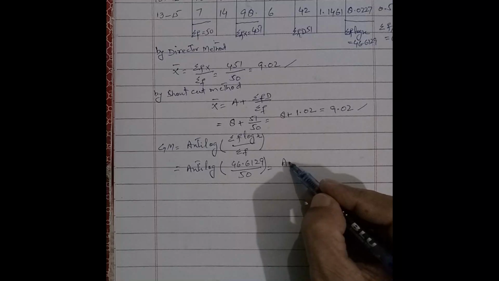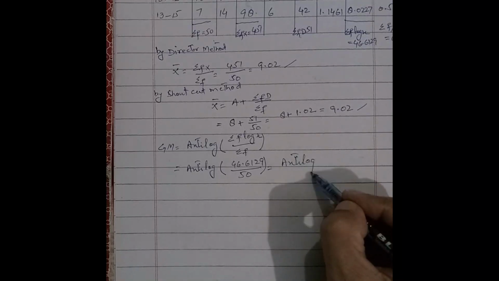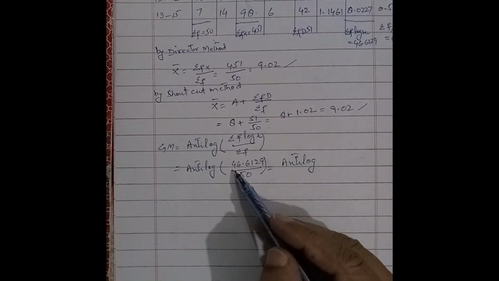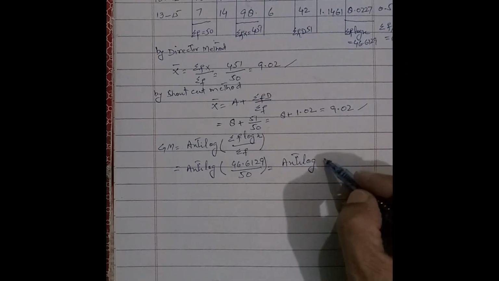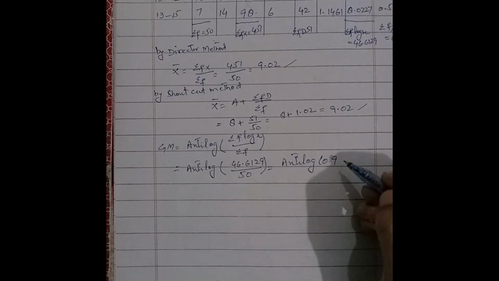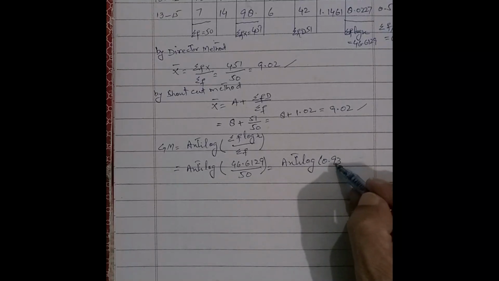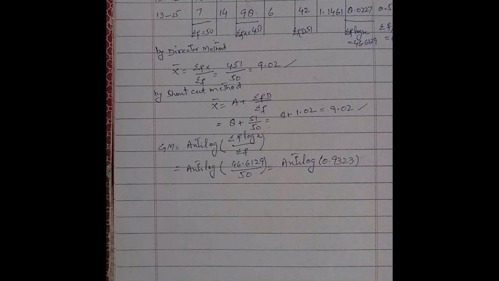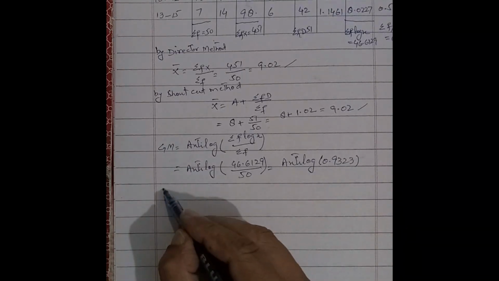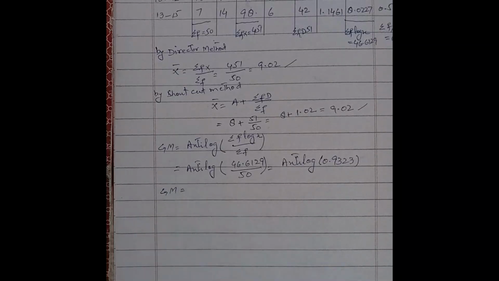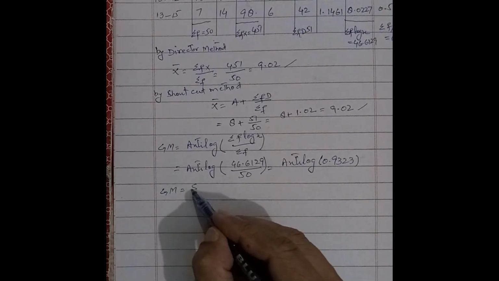Simplify it. Antilog of 46.6129 divided by 50, we get 0.9323. And now we take the antilog of 0.9323,